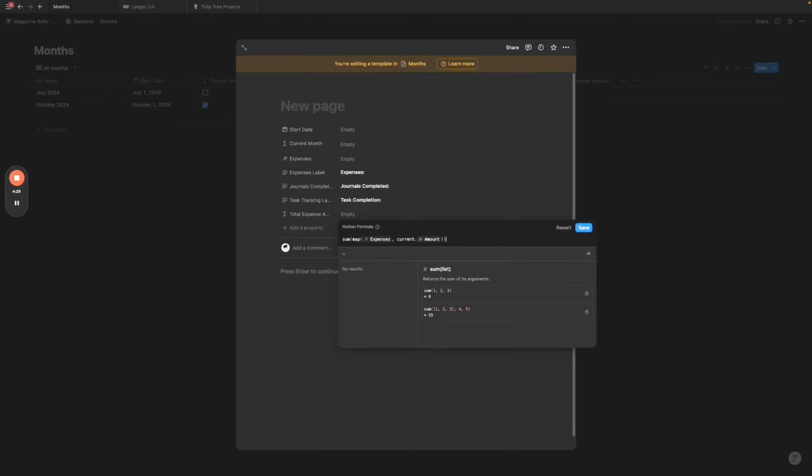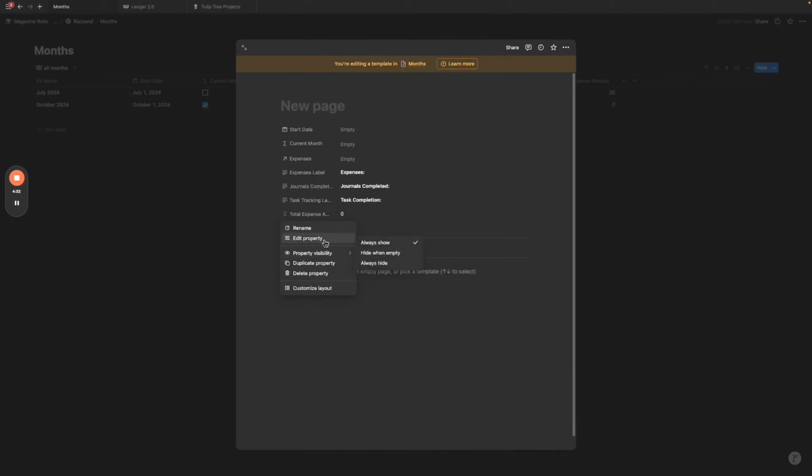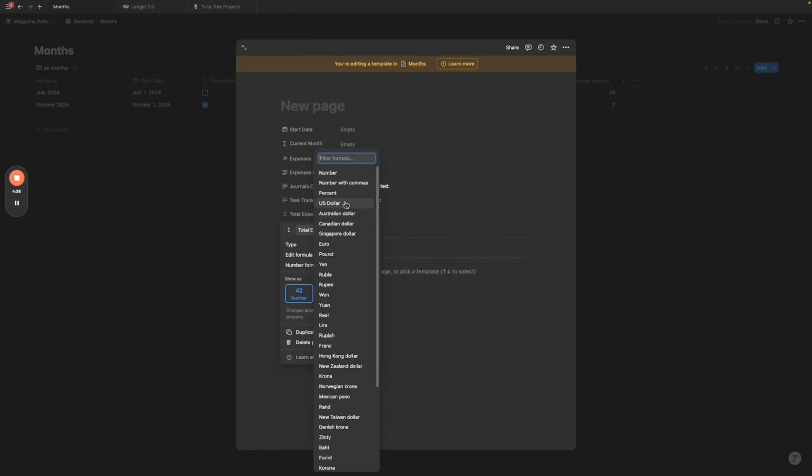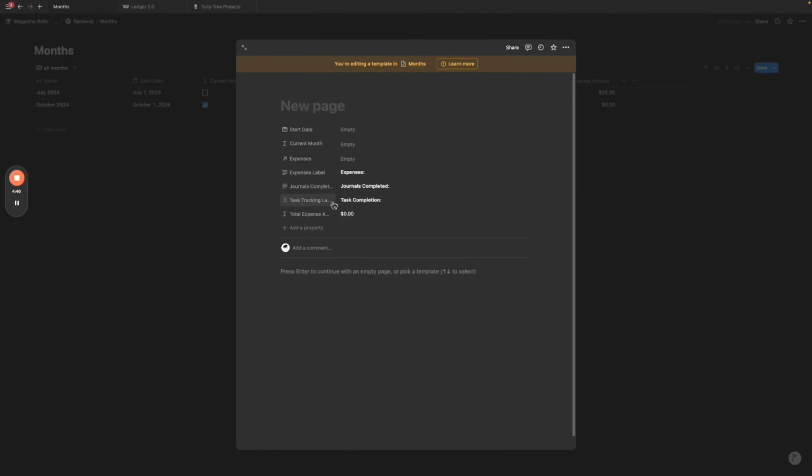This is basically a relation or, sorry, a rollup that adds all these together, and then you're going to go ahead and make sure that this is also in USD because it's not going to automatically do that for you. Okay, great. So now we have expenses and this, and I'm going to go ahead and put all of these in their own little, I'm actually going to duplicate this. Okay, let's duplicate this,